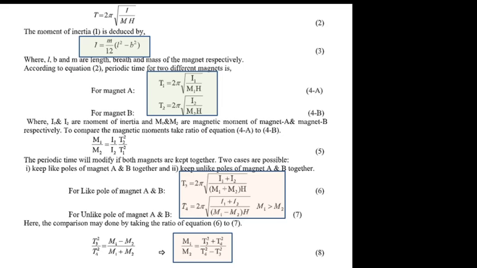The equations we will be using to find the magnetic moment of inertia, that is the moment of inertia,